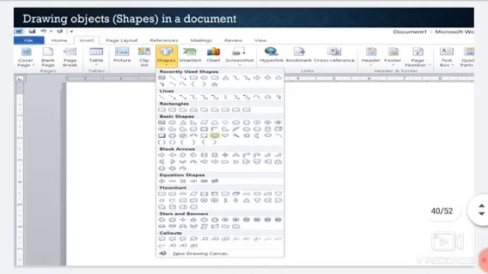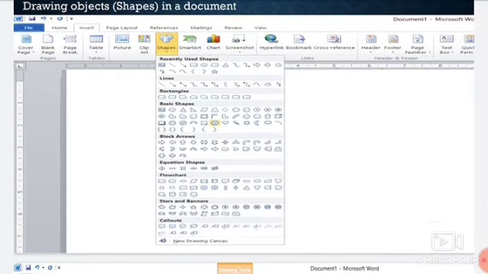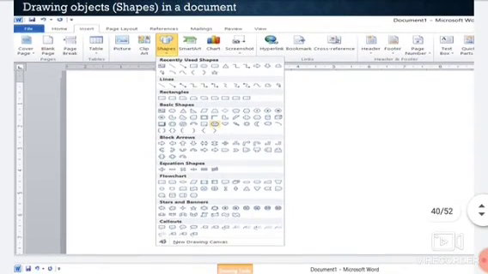Drawing objects, shapes in a document. If we want to insert shapes in a document, how can we insert them? For this, click on the Insert tab, and in the Illustrations group you will get the option Shapes. As you click on the Shapes option, you will get a list of different shapes. There are different categories: lines, rectangles, basic shapes, block arrows, and so on. You can choose the shape which you want to insert in your